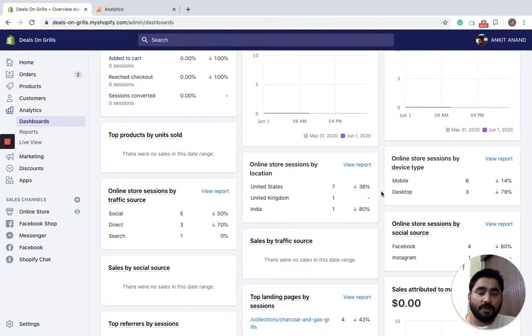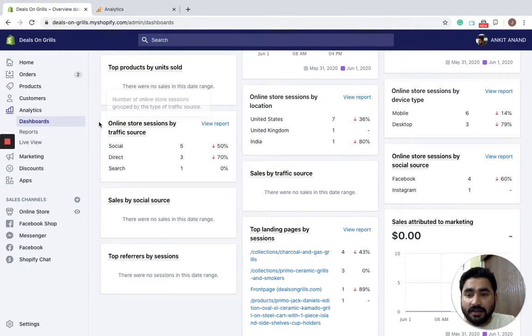So it's better to optimize your Shopify store for mobile and not for desktop, because more and more people are shifting to the mobile version these days. By mobile optimization I mean the text, the layout, the UI, everything should look pleasing and make sense. It creates trust, and at the same time, it should load faster.